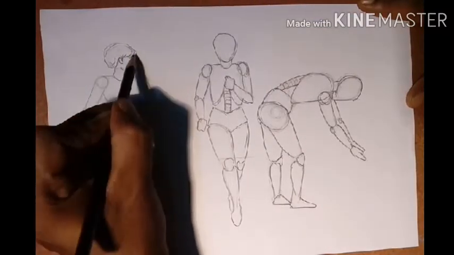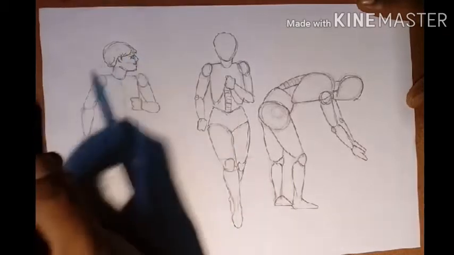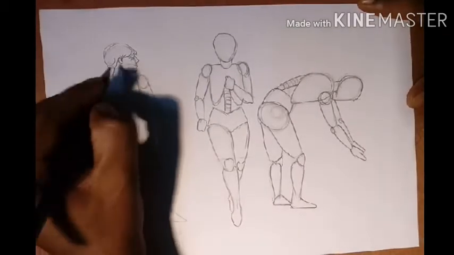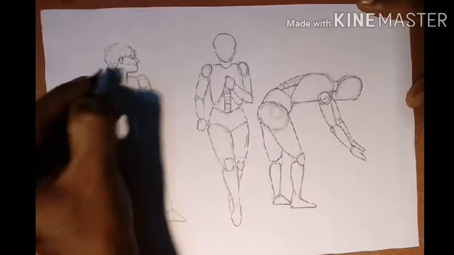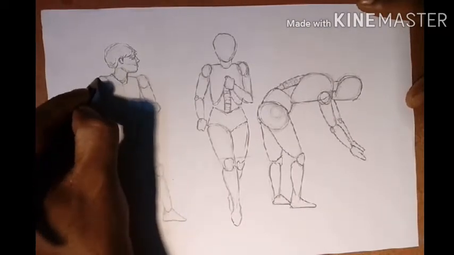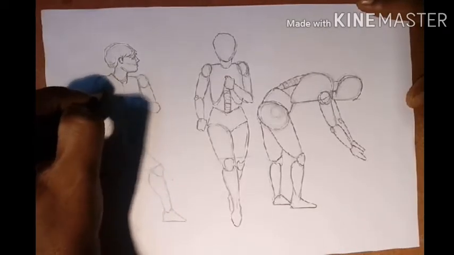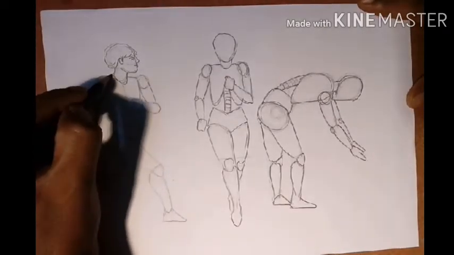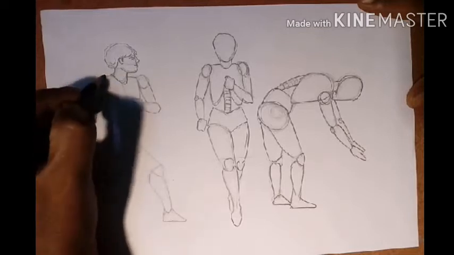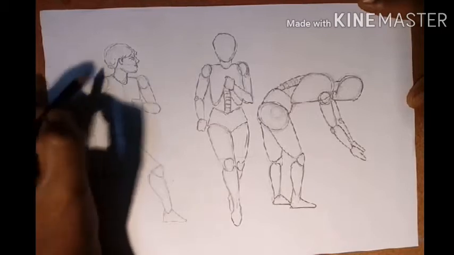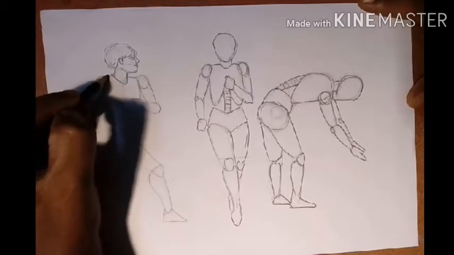Now just on this point there will be the eye, the neck will be as it is, and this will be the structure of your dress. So remember, the dress takes the shape of our body, the body doesn't take the shape of the dress.